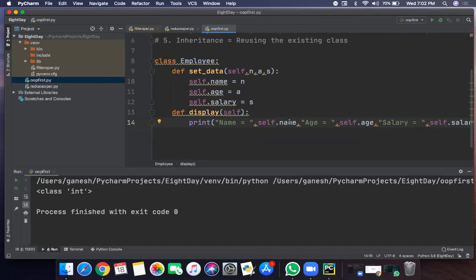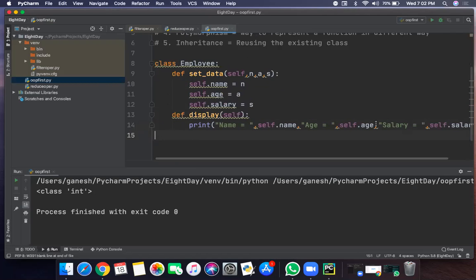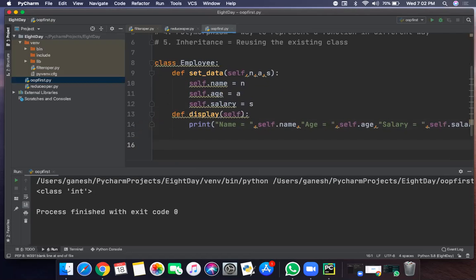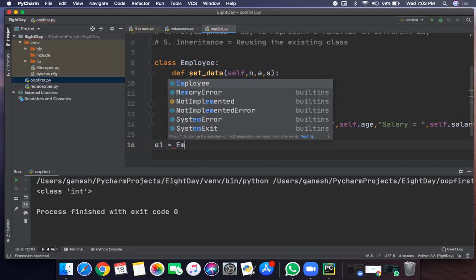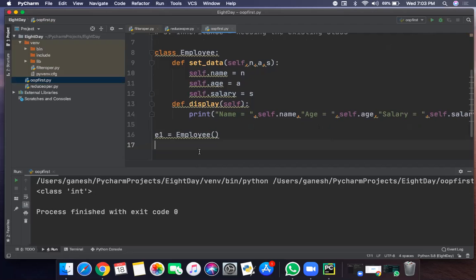So very simple, and you have written your class successfully. Now next you want to create an object of this employee class. So how to create an object? Very simple, E1 is equal to, now what is the kind of this object? The kind of the object you can define by using this method. So E1 equal to Employee. So you're calling the default constructor here. A default constructor is called. Actually, we have not written the constructor for it, so it means that the default constructor is provided, and the object E1 is